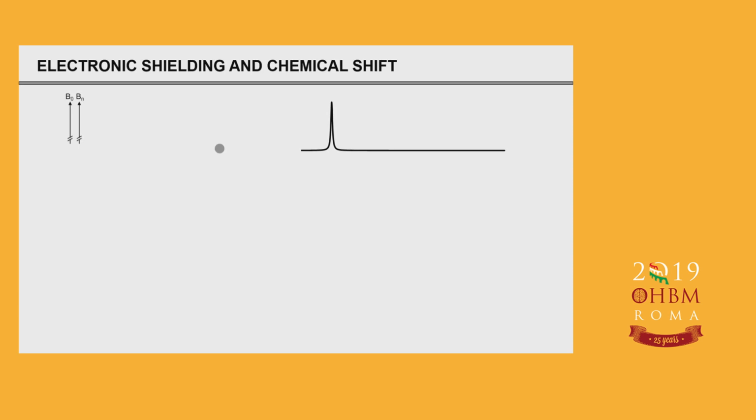Now, you're never going to have just a single proton nucleus. You're always going to have an electron cloud around it. The electron cloud will generate its own little magnetic field locally that opposes the B0 field. In other words, the field experienced by the nucleus is slightly reduced. If the field is slightly reduced, the Larmor frequency is slightly reduced, and you're going to get a peak at